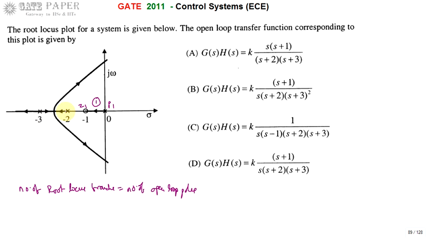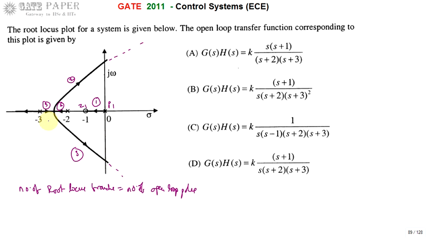And if you are observing, this is the second arrow which is originating from a pole, because a root locus branch always starts from an open loop pole and ends at a finite open loop zero or a zero at infinity. So now, these are the two root locus branches, the second one as well as the third one. This is 2 and it is 3. They are originating from the poles and one is moving towards the positive side, the other towards the negative side. We cannot say which is moving towards which side. So these are the two root locus branches. They are going towards infinity. They will go in this direction